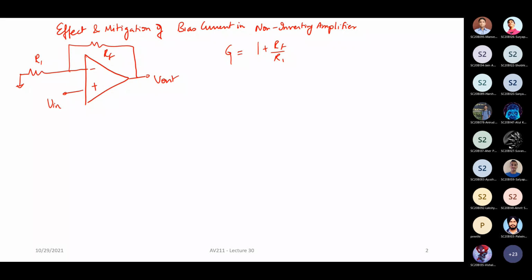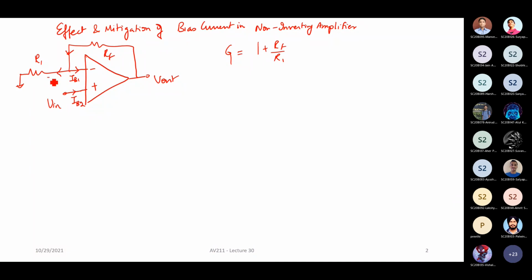Now we have always assumed that this input bias current is going to be 0, and that's how we have done our calculations. Correct. But now let us say the input bias current is non-zero. Now our Vin, let us say it is able to supply this current IB2. But then what happens to the output voltage here? The current that flows through this one is going to flow through this side and this side, right?